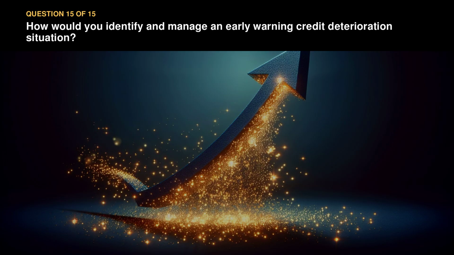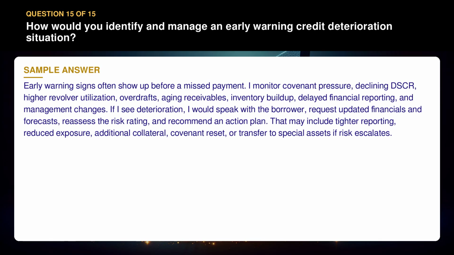Question 15. How would you identify and manage an early warning credit deterioration situation? Early warning signs often show up before a missed payment. I monitor covenant pressure, declining DSCR, higher revolver utilization, overdrafts, aging receivables, inventory buildup, delayed financial reporting, and management changes. If I see deterioration, I would speak with the borrower, request updated financials and forecasts, reassess the risk rating, and recommend an action plan. That may include tighter reporting, reduced exposure, additional collateral, covenant reset, or transfer to special assets